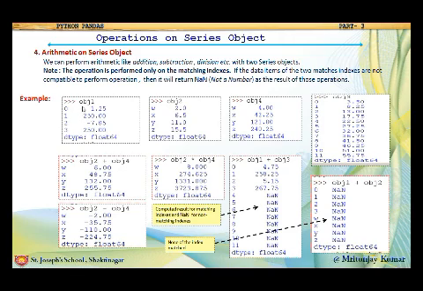But in the case of object 1 and object 3, if we perform an addition on object 1 and object 3, you can see in object 1 there are only 4 elements, and in object 3 there are 12 elements. When we perform an arithmetic operation, what will happen? It will perform the operation on the first 4 elements of both of the series, and after that it will return NaN. You can see here NaN in the rest of the cases, because they do not match with the index of the